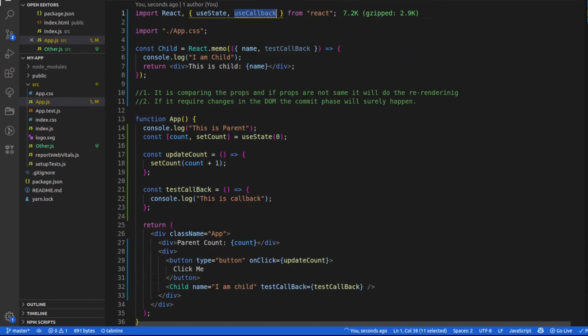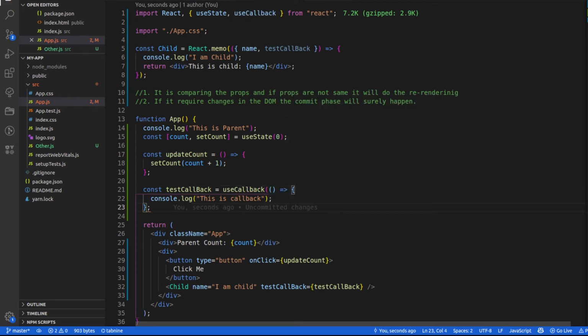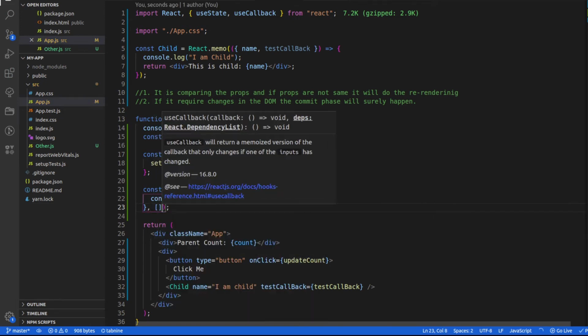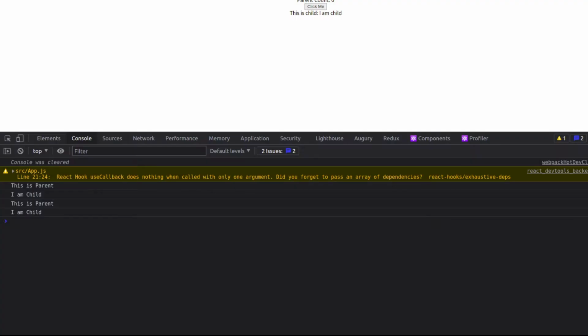Now the solution is to wrap your function inside the useCallback hook and also provide a blank array of dependencies, because as you can see, my function doesn't depend on any particular state. It is just a console log. So I have provided the empty array for now. Let's see this in action.